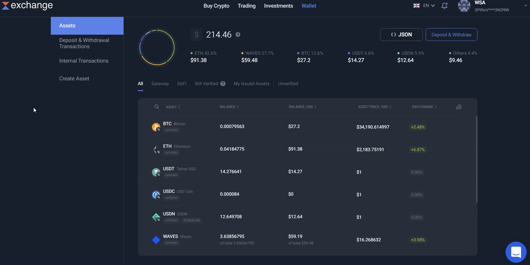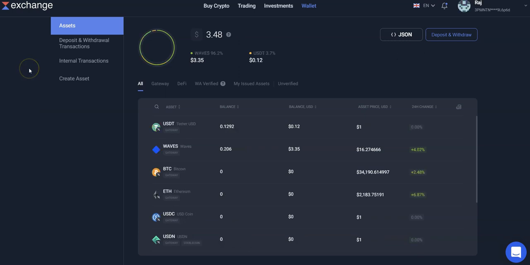You can't remove assets from the list. There's no way to do it. So you have to work with what you have. They've now split things into verified and unverified. And unverified means that they're not top crypto assets, basically. Like USDT, Waves, Bitcoin, Ether, USDC, USDN are all in